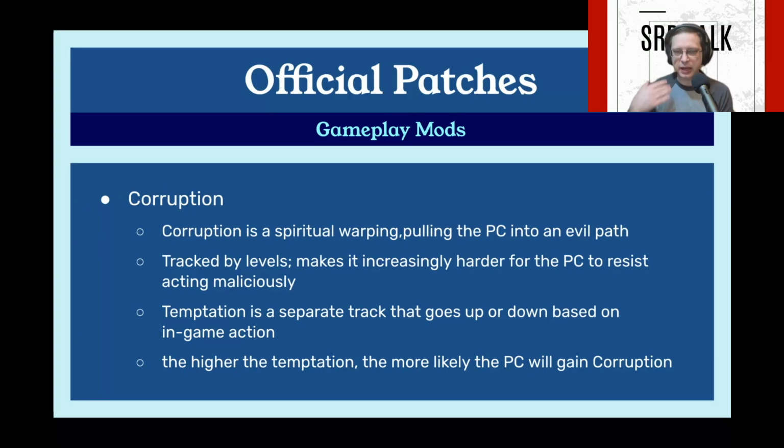And then as you gain more corruption, there are physical and behavioral signs to it. This system in particular, I think, feels like it could be really useful for other games. So, for example, you can modify this, and maybe instead of talking about a spiritual corruption, this is talking about an actual practical, like monetary and political corruption. And the further you're diving into it and being tempted by it,